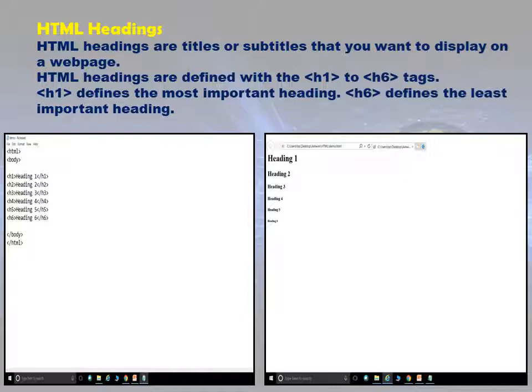Now when this code is executed in a browser, then it will show the output at the right hand side as heading 1, heading 2, heading 3, heading 4, heading 5 and the heading 6. So it is decreasing from H1 to H6, so that we can say that heading 1, that is the H1, is the most important heading and the H6 is the least important heading. So this is about the heading tag.